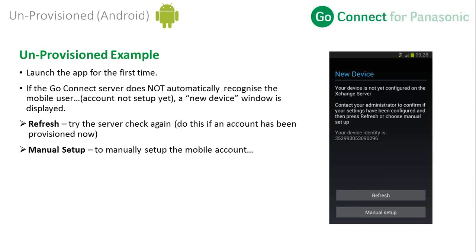Which basically says that your system administrator, or yourself as a reseller, needs to go to the mobile extensions list on the GoConnect server and search for this unique device identity, which you can see. I hope you can see my mouse on the screenshot. It says in the middle your device identity is 35299 and so on. So you can find that reference on the GoConnect server, edit it, and pick the user that you want to use that device, so John or Ben or whatever, for the right user,